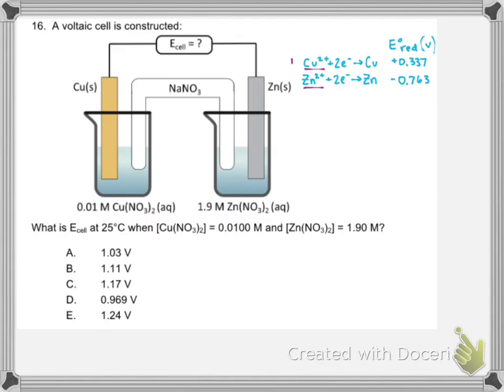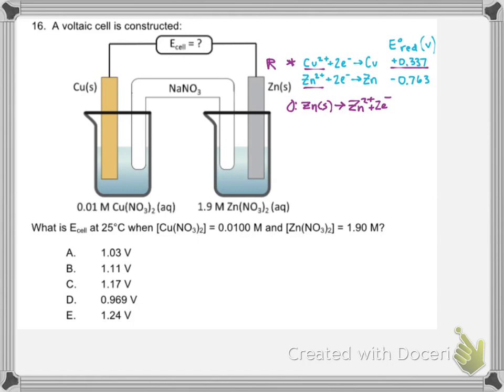In this case, we can see that the reduction of copper is indeed more favorable, clocking in at a positive 0.337 volts. So this is going to be our reduction reaction, which means we're going to take this reaction right here and we're going to flip it around. So our oxidation half reaction is going to be solid zinc oxidizing to form zinc 2+,